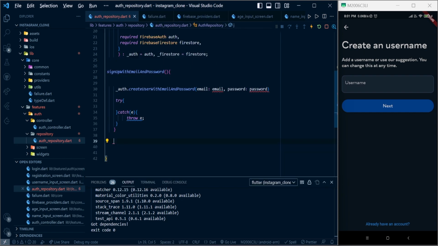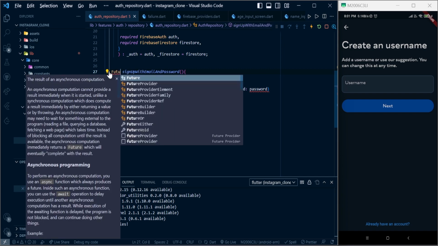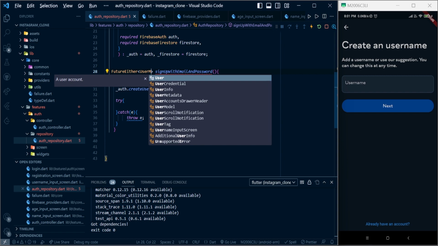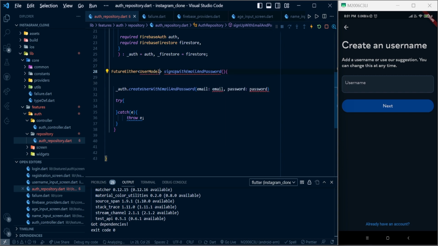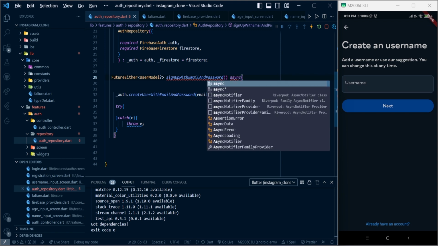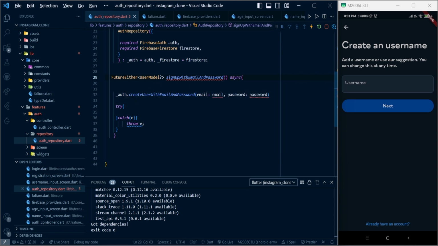And here we can change the type to FutureEither, because we need to return the user model. We can import our user model, right? And it can be nullable, and we can obviously add the async keyword, because we need to sign up our user, and here we can